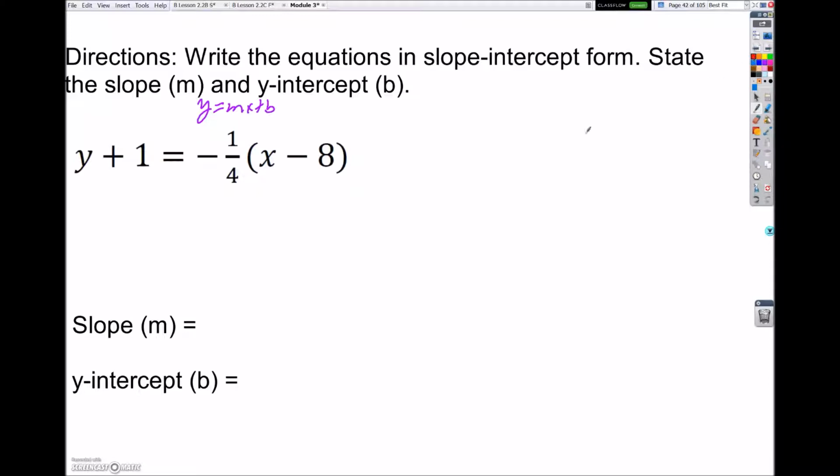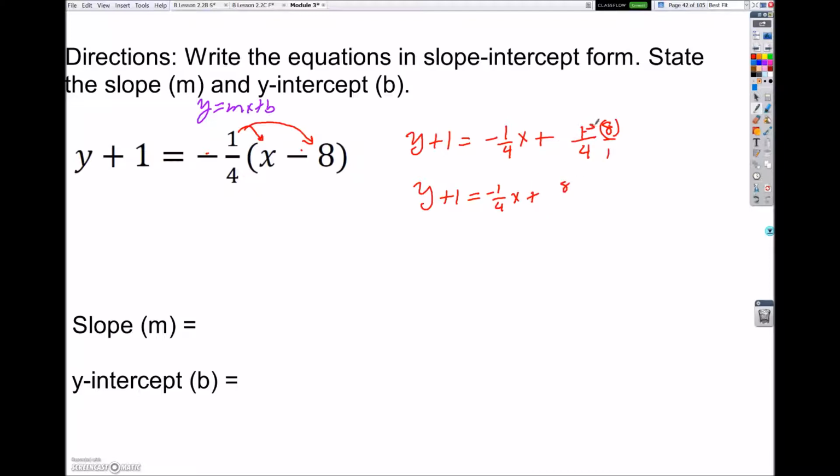So the first thing I'm going to do is distribute this negative 1/4 to the x and to the 8. This will give me y plus 1 is equal to negative 1/4 times x. And then I'm going to multiply a negative times a negative, which turns into a positive 1/4 times 8. So now I need to simplify the right side. So I'm going to have y plus 1 is equal to negative 1/4 x plus 1 times 8 is 8,